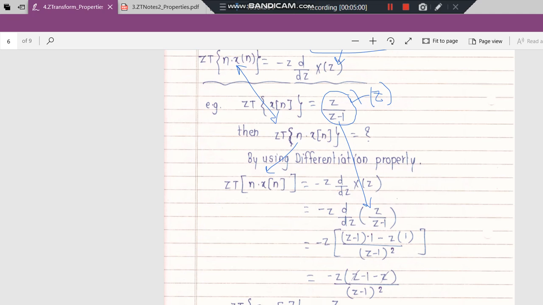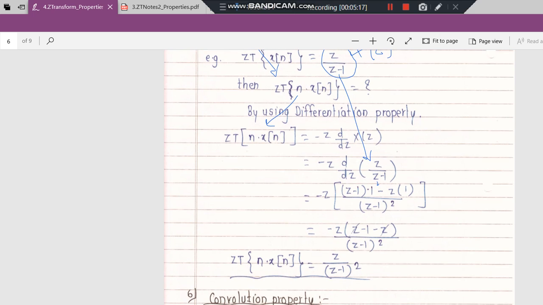upon (z minus 1) whole square. So this is the u by v rule of derivative: how to take the derivative of two functions u and v. This is the formula. After rearranging the terms, opening them and solving algebraically, the final answer you will get is